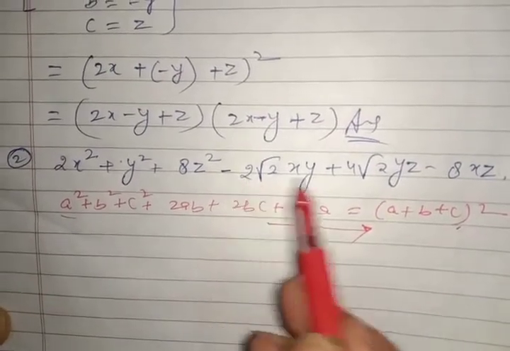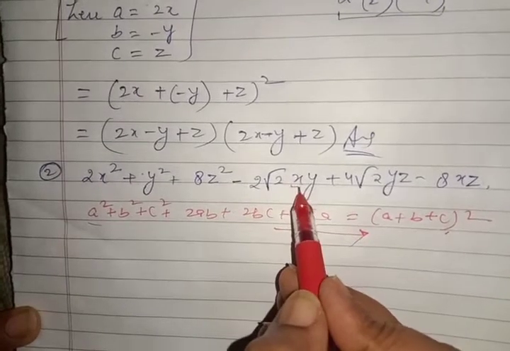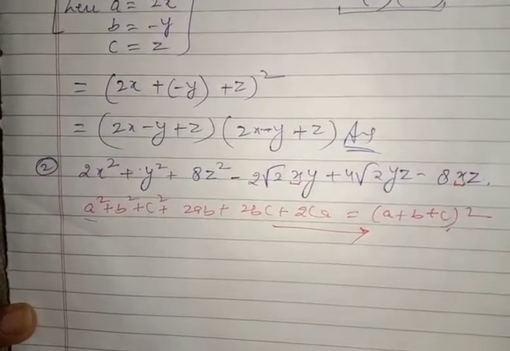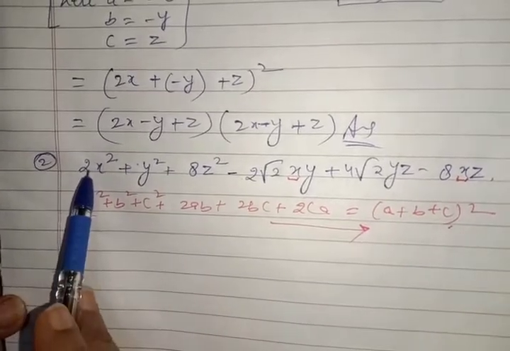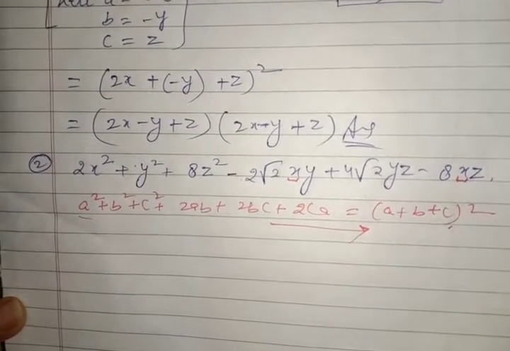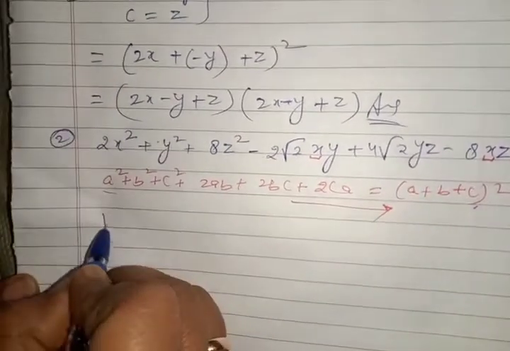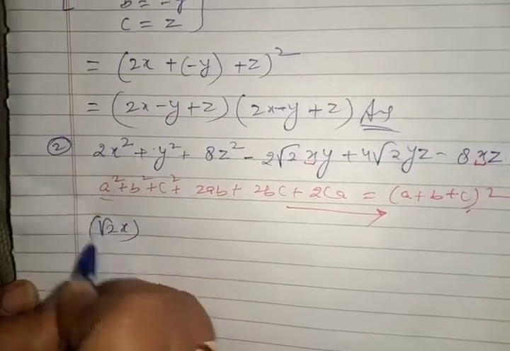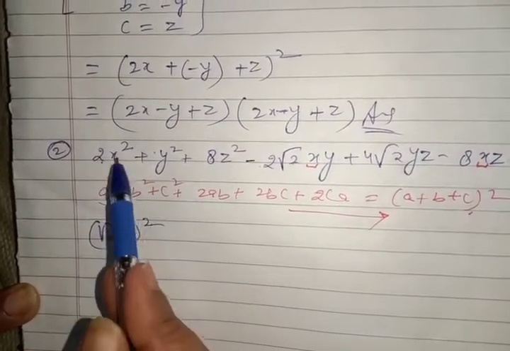Which letter will have minus sign? X and x. It means our x term will have minus sign. 2 is the square of which term? Root 2. You have done number system. Root 2 is there in our question also. It means this 2 can be written as root 2x square. You can check. Root 2 square is 2, x square is x square.